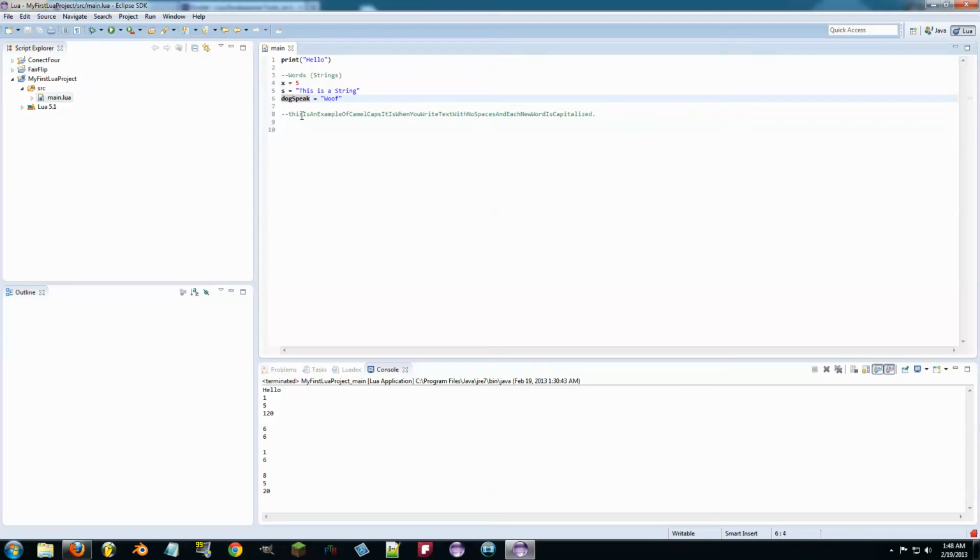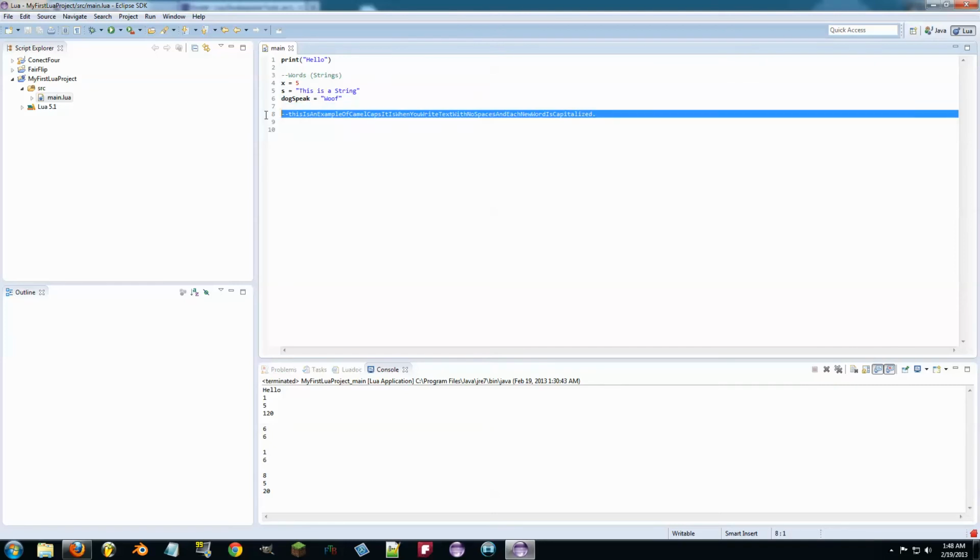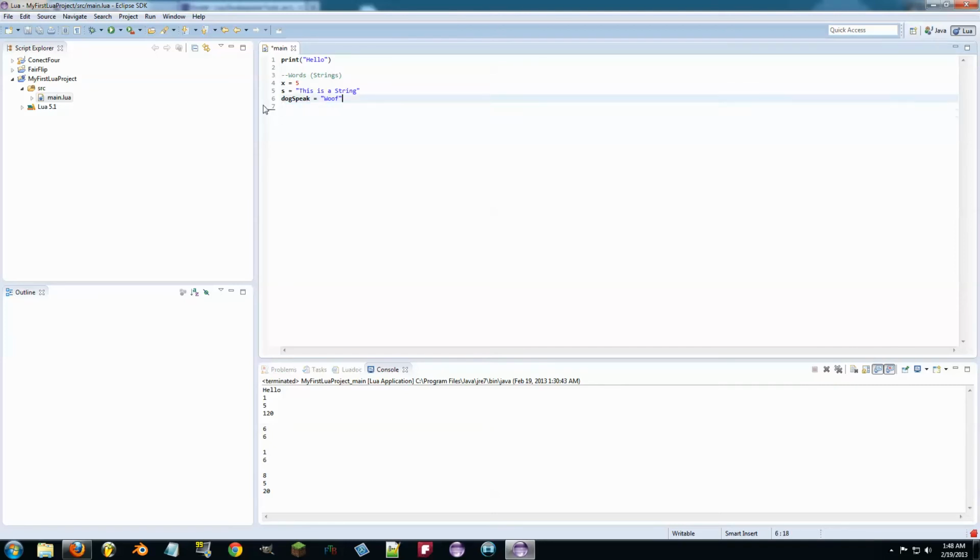But if you scan through this line here, it might be a little hard to read, but in general you could probably read it because the new words in this sentence are marked by a capital letter at the first letter of every word, even though there's no spaces, and it's still readable. So it's called camel caps, and it's good practice. It's not required by the language. You won't get an error if you don't do it, but it is helpful. So that's why dogSpeak is like that with the capital S,